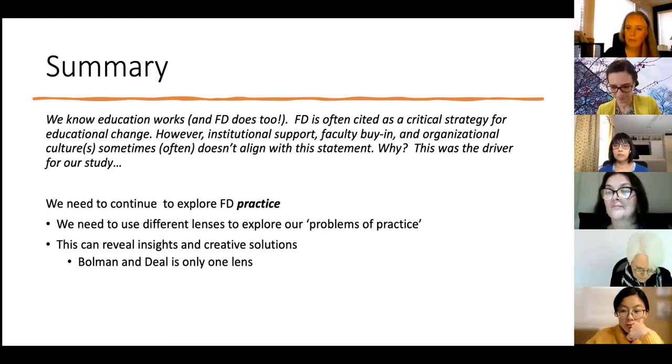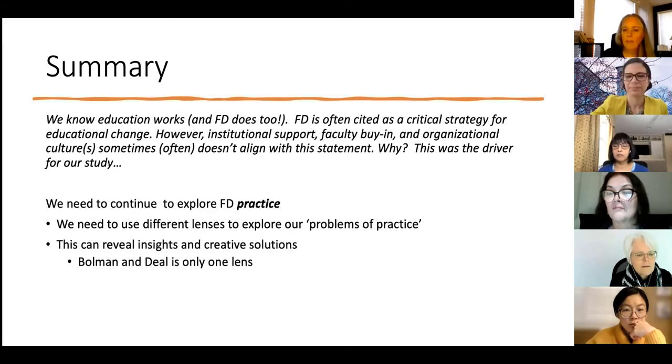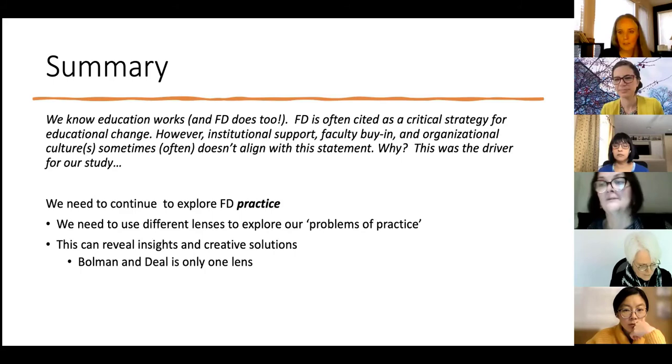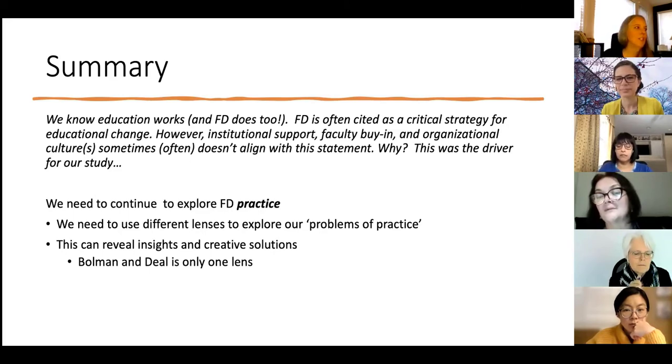The message we'd like to leave this workshop with is that we know education works, and faculty development is just a type of education. Faculty development is often cited in our national organizations as a strategy for any educational change. It's with our physician licensing bodies, our physician regulatory bodies, our medical education national groups. They say faculty development is critical to this challenge or this change. However, at the institutional level, support, faculty buy-in, and institutional culture sometimes, maybe even often, don't align with this perceived view of faculty development as critical to educational change. So